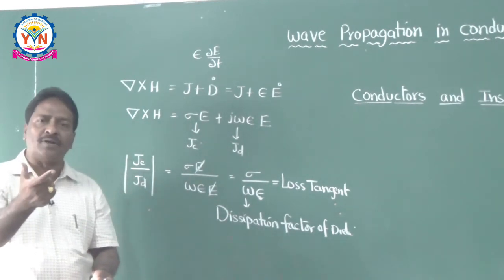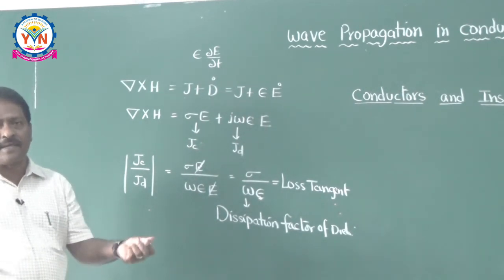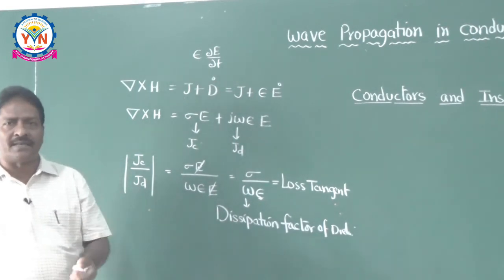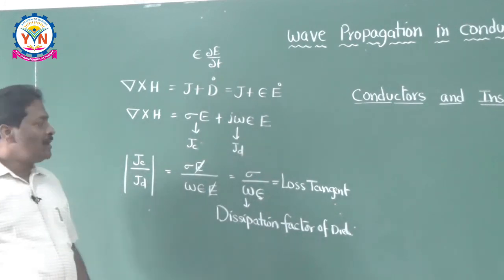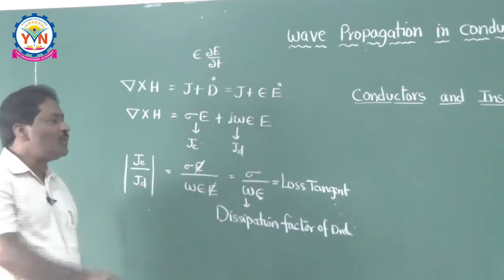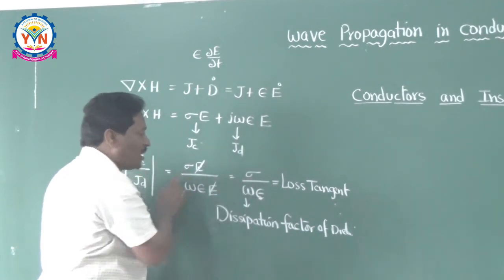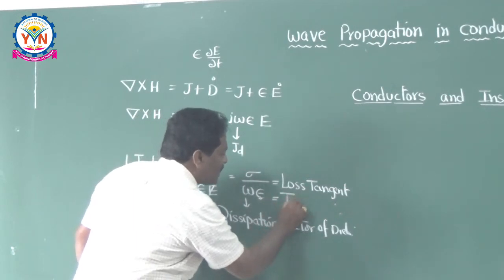Indirectly it is telling about the purity of the dielectric material. For free space, sigma is equal to 0, there is no dissipation at all. So this loss tangent is actually telling which medium it is. Based on sigma by omega epsilon, which is called the loss tangent, also called tan theta,